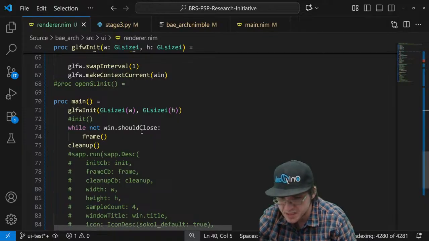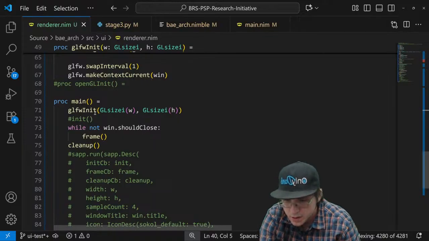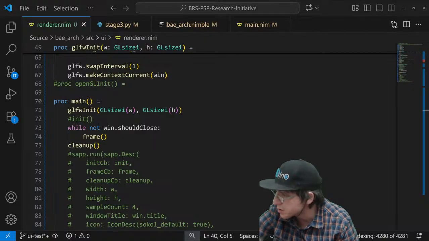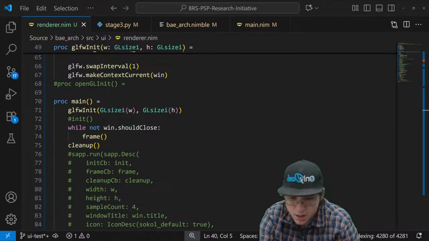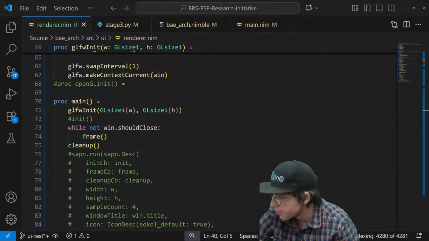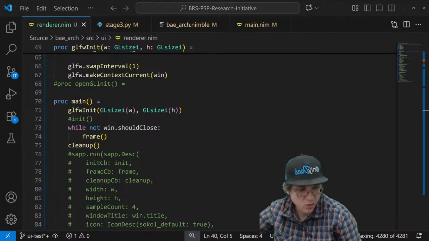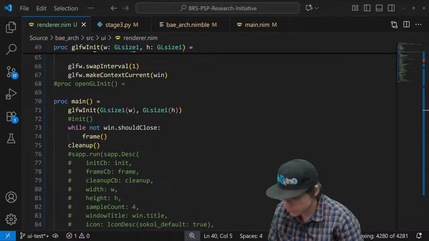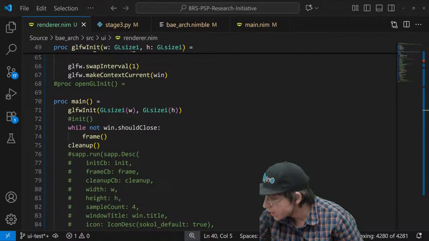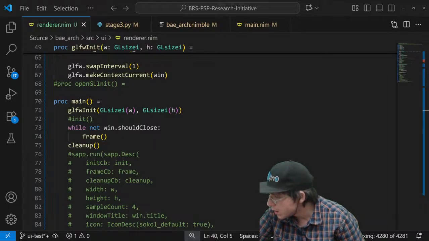Maybe it's that right there, the window close. Maybe I need to do something else with that. Wonder if that's the problem. There is a window close callback.